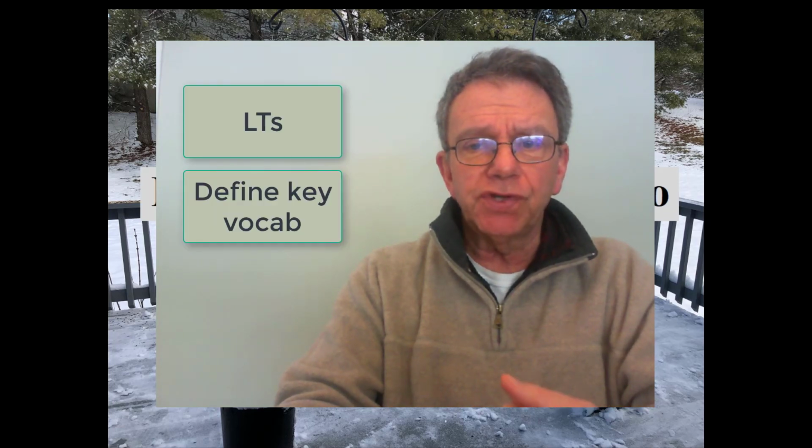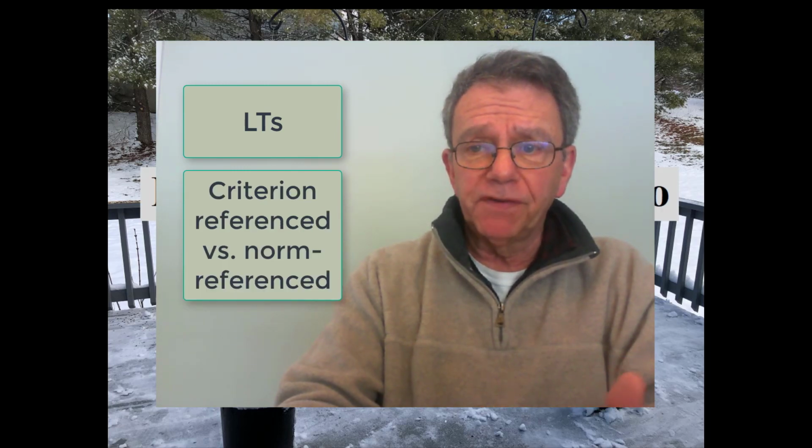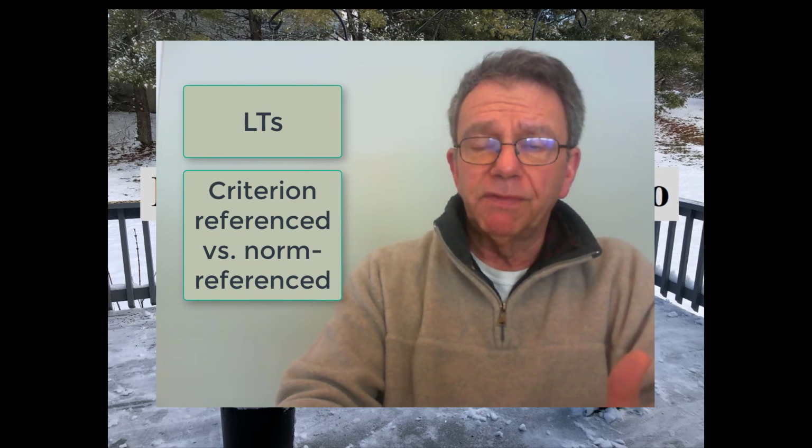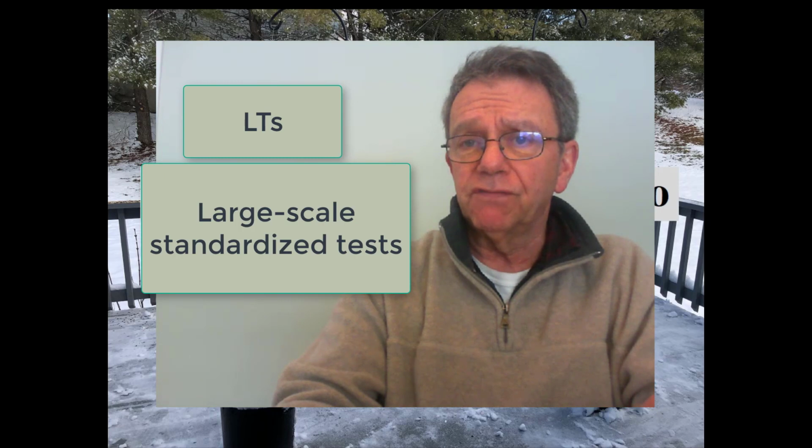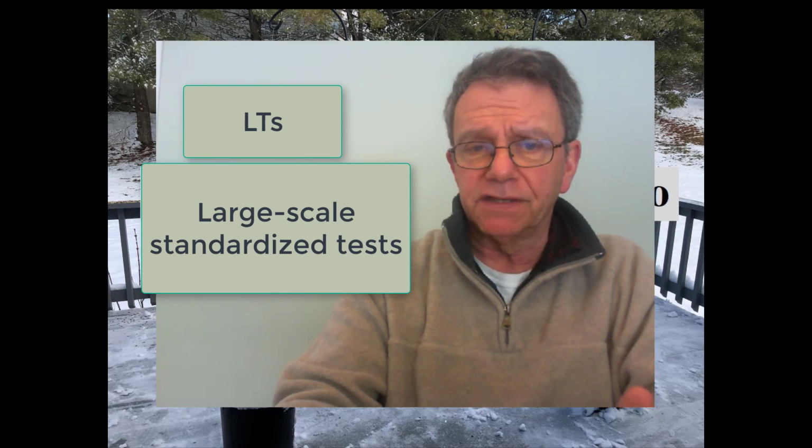As always, I'll start off with learning targets, which you can find in the module 5 overview. My learning targets are three. First, to define key vocabulary words associated with the standardized testing process. Second, to accurately describe the difference between a norm reference and a criterion reference test. Some of you know that difference already based on your baseline survey. And third, to be able to intelligently discuss the intricacies of creating a large-scale standardized test.